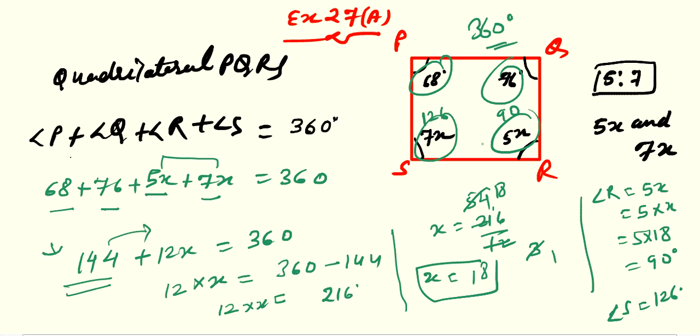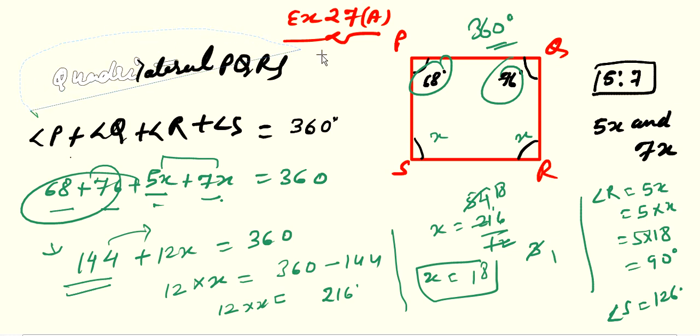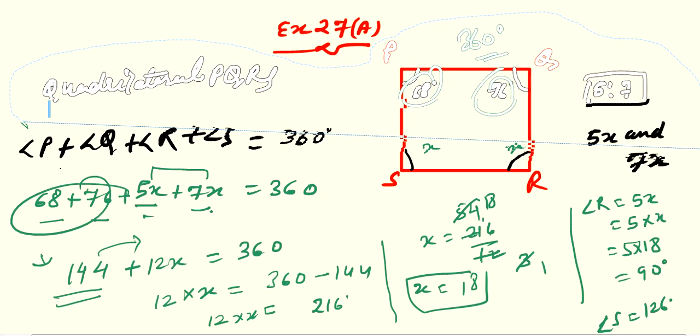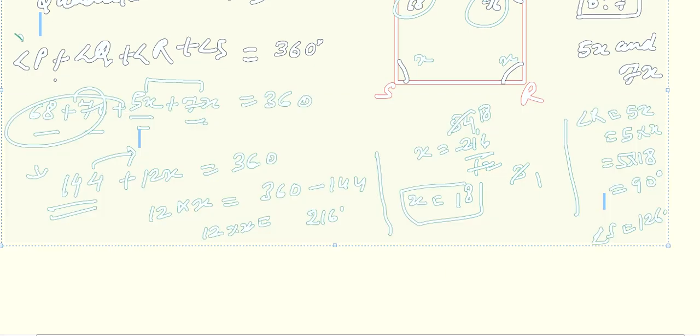Question number 1 में क्या change होगा? दो एंगल आप कोई भी ले लेना, इनको इक्वल एंगल बोला है ना, इक्वल एंगल में x और x ले लेना. कि x और x 2x हो जाएगा, जो digit होगा वो subtract कर देना, फिर divide कर देना, answer आ जाएगा. Okay, then question number 1 and 2 you can solve. Then question number 3.